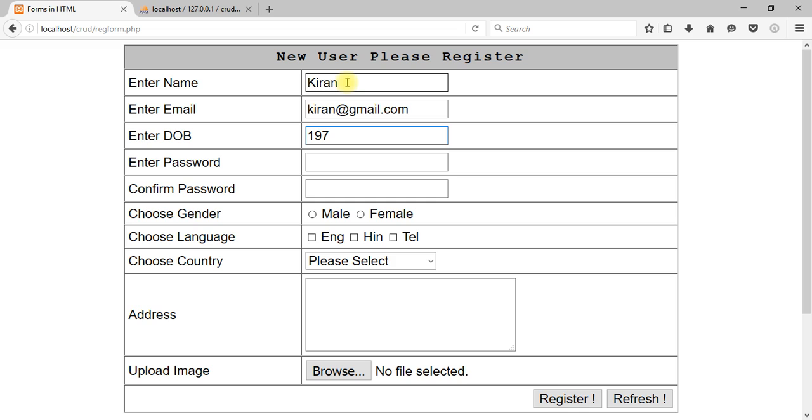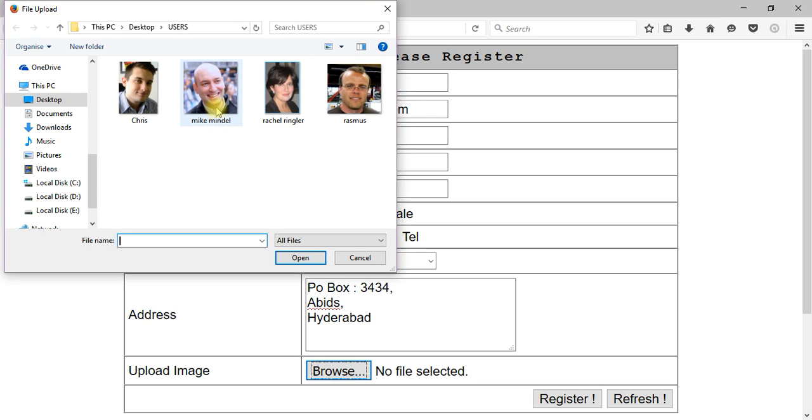He's going to be born in 1979, and I'm going to put down his month, and the date is 13, and his password, and his mail, and he's going to have English and Telugu, and he's going to be from India, and I'm going to put down a PO box, some address where you can put your own address, and I'm going to put down something like habits, and he's going to be from Hyderabad,